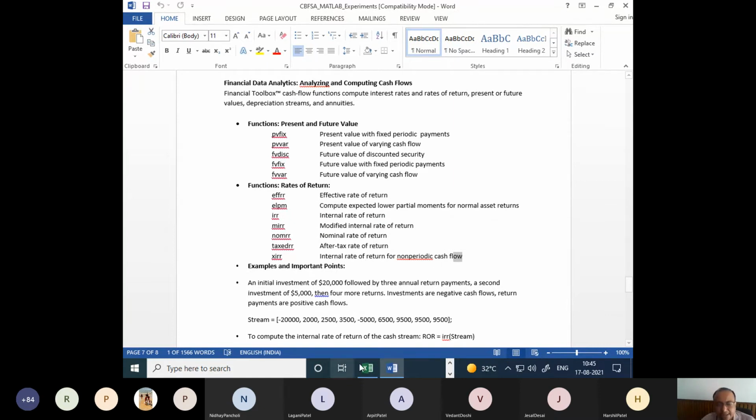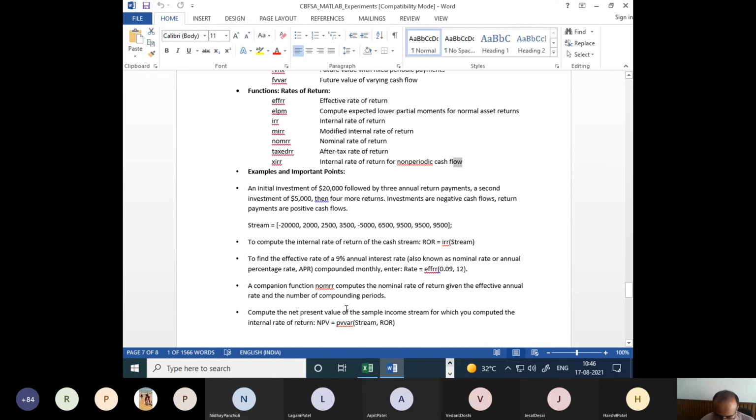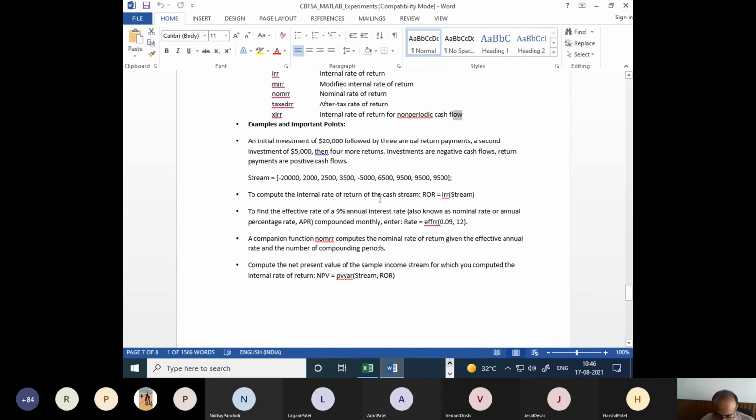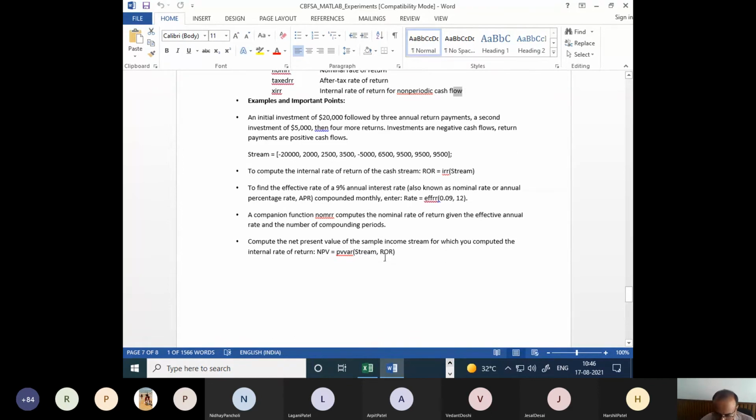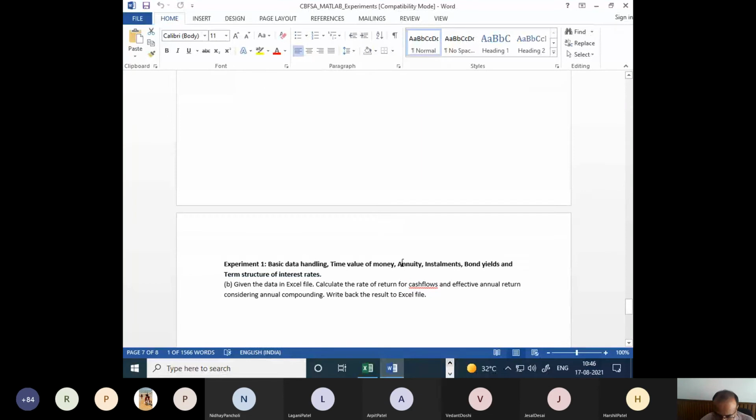OK, so let me go to MATLAB again, and we study these functions by using their help. I have plotted so many examples here, which you can do yourself, because there are so many things we have to learn in this subject. Although simple, it is difficult to understand if you do not understand properly. So do it yourself. All things I cannot cover in limited time. OK, let us see the help of these functions.